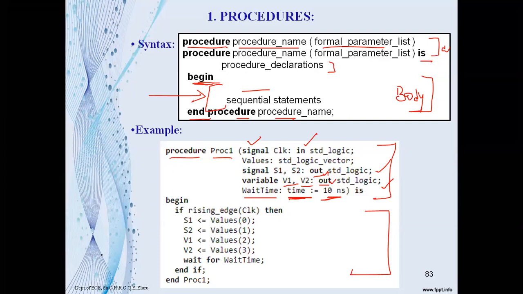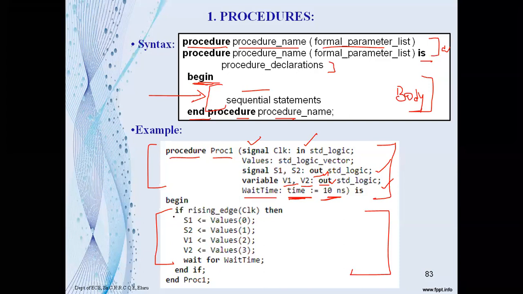Now see the procedure body part. It starts after the begin statement. Before the begin statement, it is the declarative part. After the begin, it is the body of the procedure.